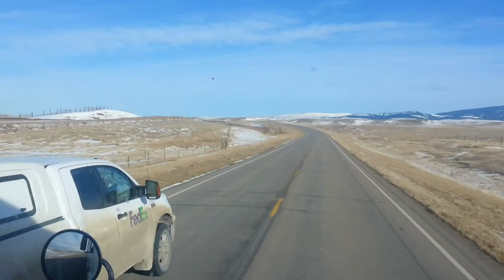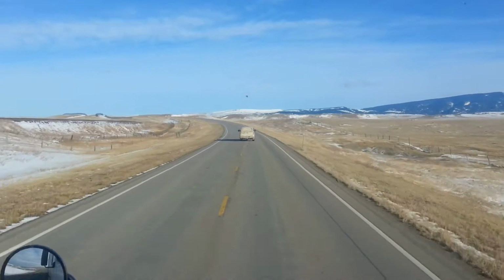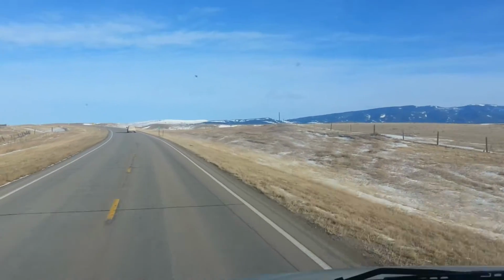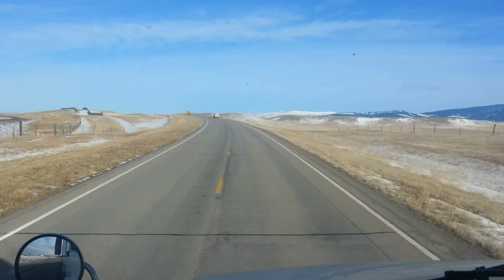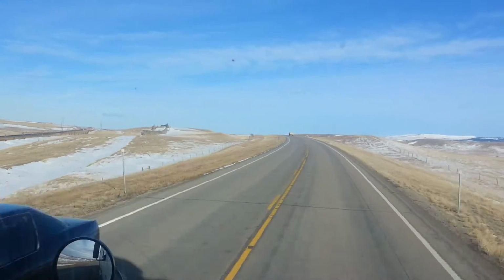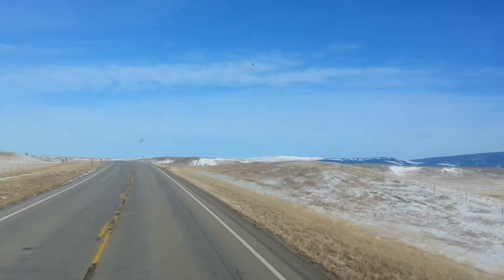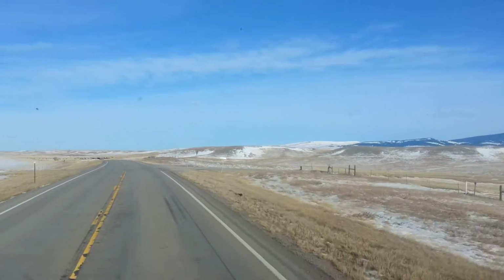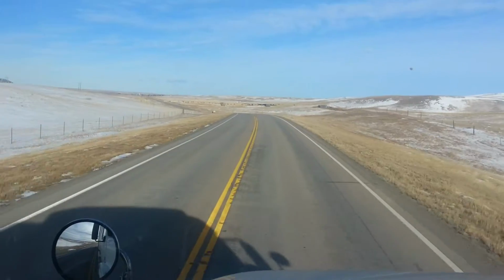Yeah guys, FedEx just passed me. Yeah, FedEx drives pickup trucks over here, which I think is normal because there are not a lot of people here, so they cannot drive big vehicles. But thankfully the road is good, it has no ice on it. I'm happy about it because it has no ice and very nice weather conditions. I mean, sunny, clean, no rain,